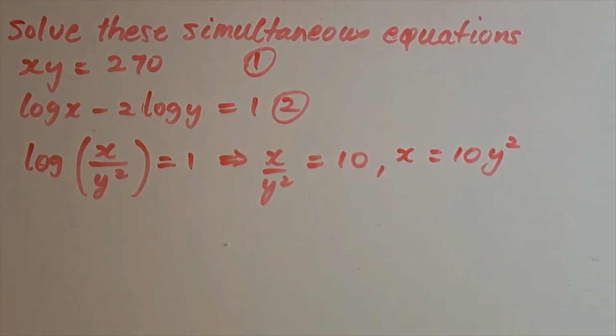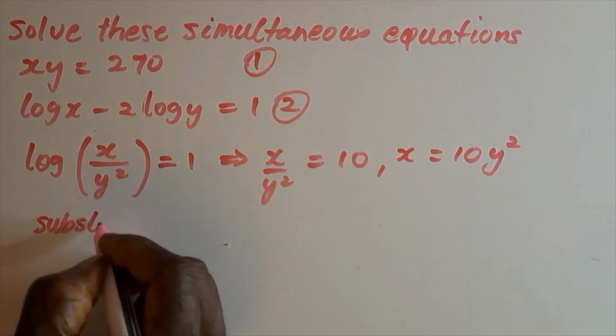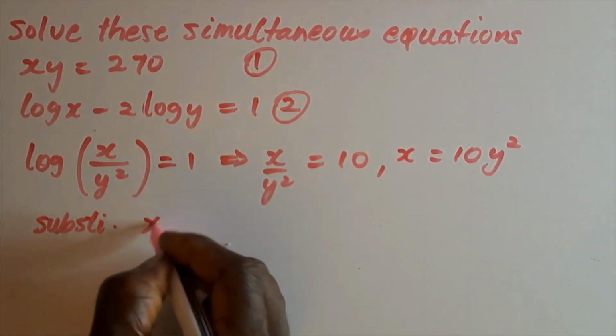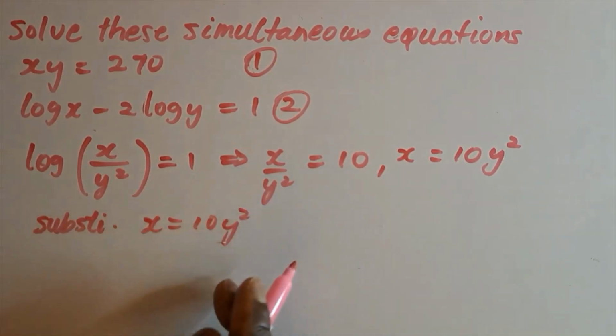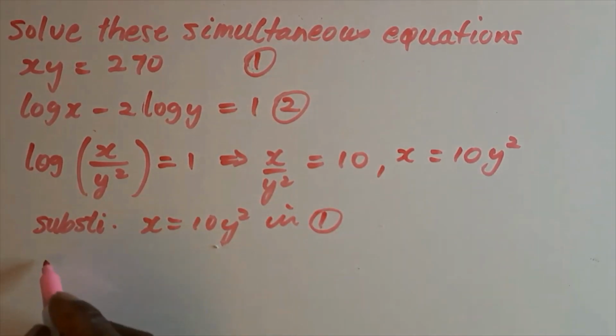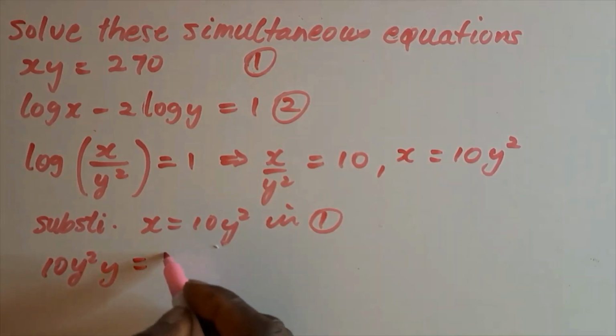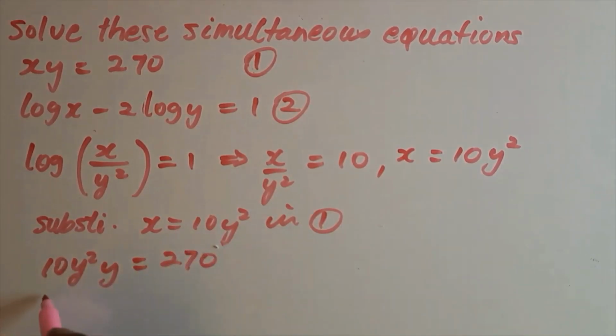And now we can make a substitution into equation 1 because now we know x, or we could have used y, just that x is easier to use. So if we substitute x equal to 10y squared in 1, what do we get? We get 10y squared times y is equal to 270, which means that